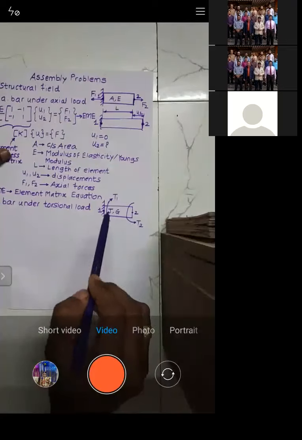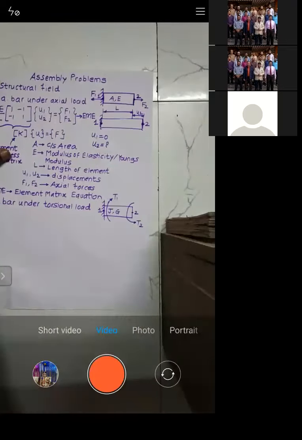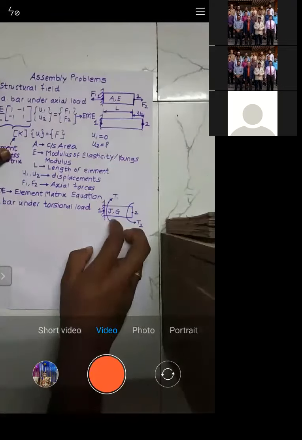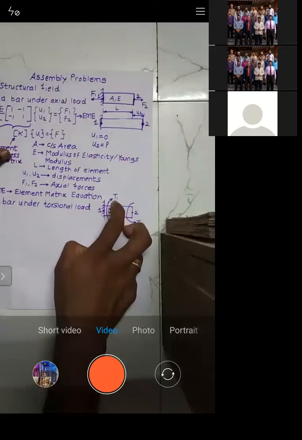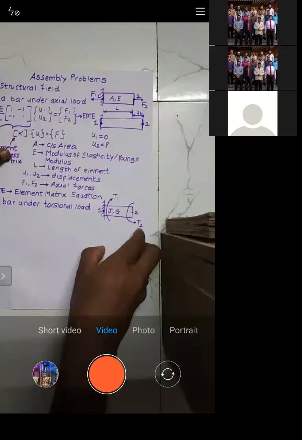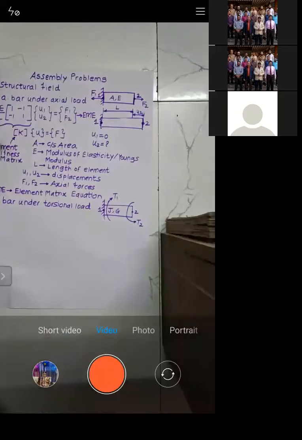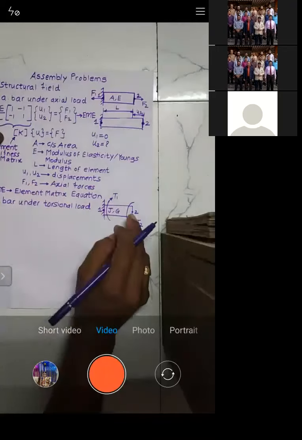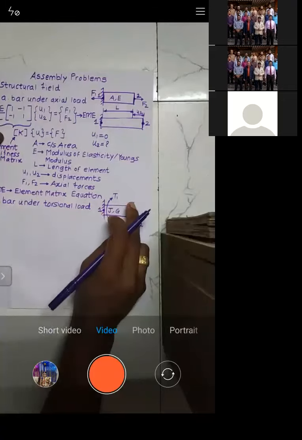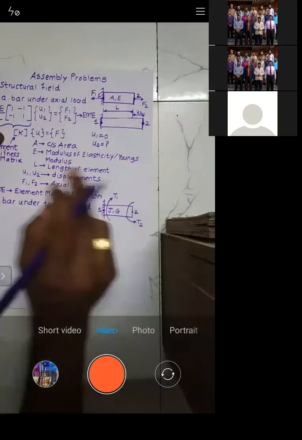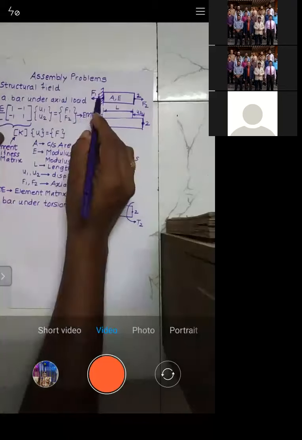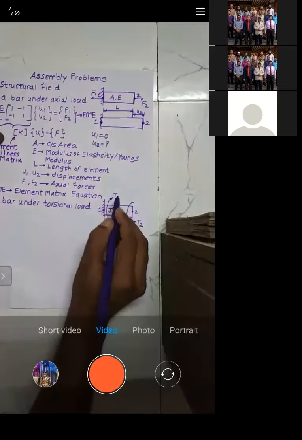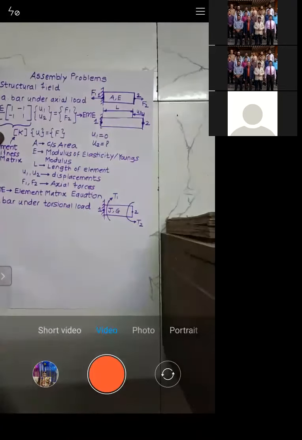But where is it generated? Where it is fixed. So when you apply T2, T1 will be generated. Its magnitude will be the same as T2, but its direction will be opposite to that of T2. So this is how it works. This is T1, generated because of T2. Here if F1 was generated, here T1 is generated.